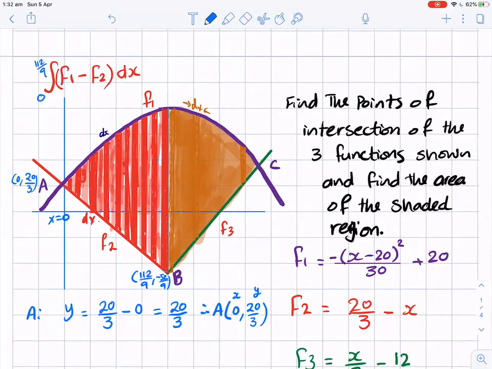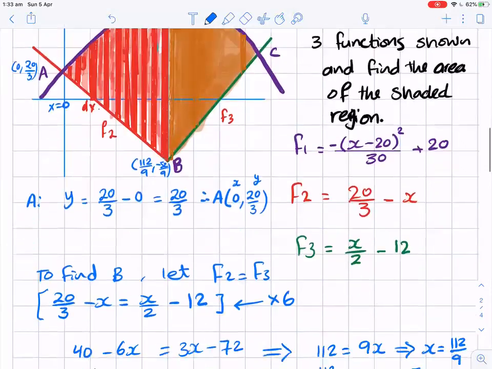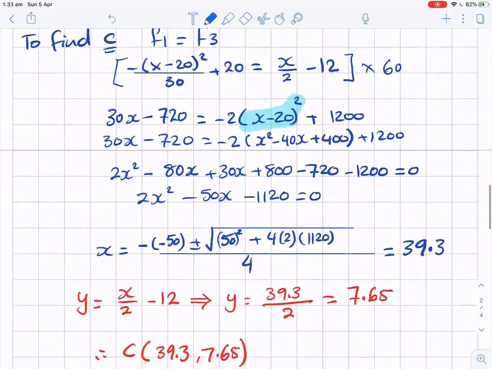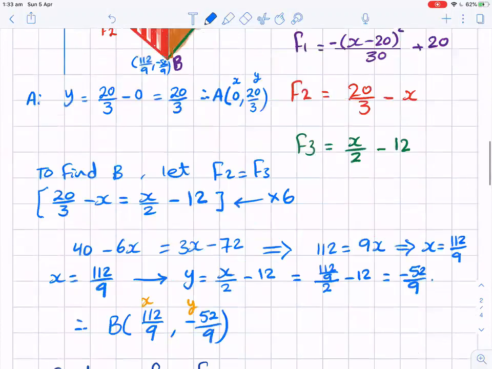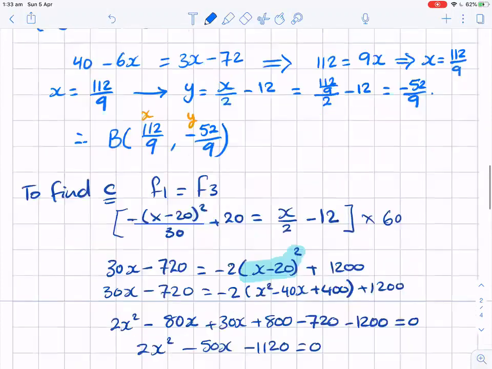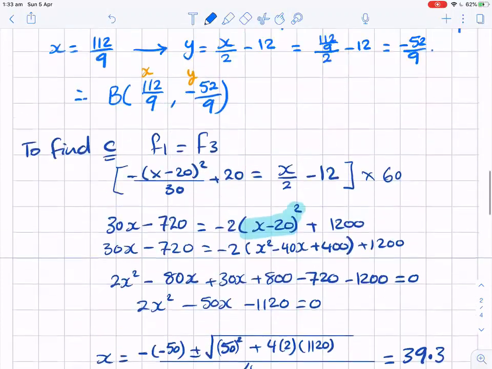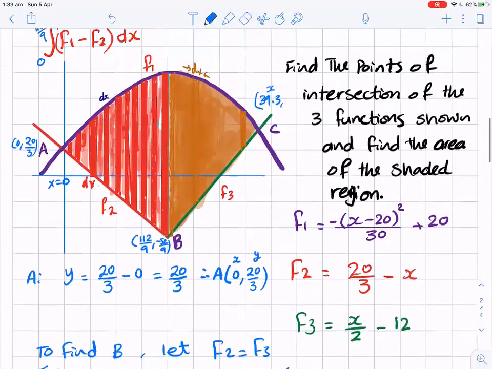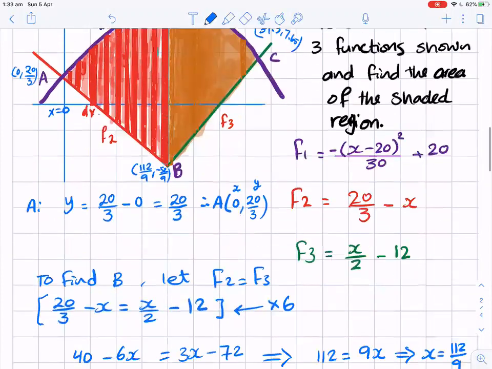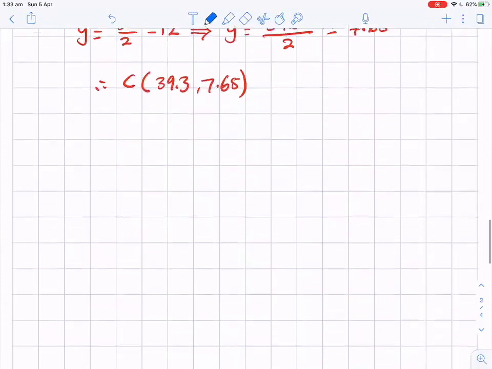And then the other area, the brown area, will start from x is 112 over 9 up to the value of the x at c, which is 39.3. Yeah, so x here is 39.3. That's for the x. And the y was 7.65. Okay, so finding the area then,